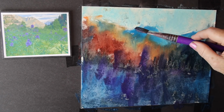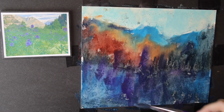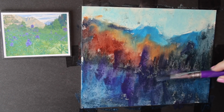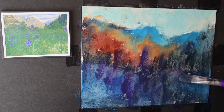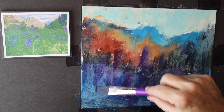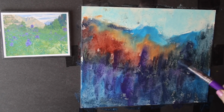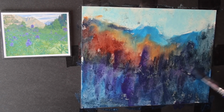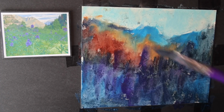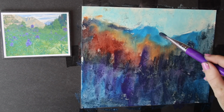I like to say, you're not a house painter. Don't rush through it. Take your time and really explore the direction that you're going to make your brush marks. So in other words, if I'm painting flowers that are upright, I'm making upright brush strokes. If I'm painting bushy trees, I'm going to move my brush so that I get a bushy brush stroke. So, if you're a house painter, you're going to go from top to bottom and you're going to be very careful. But you're an artist, not a...